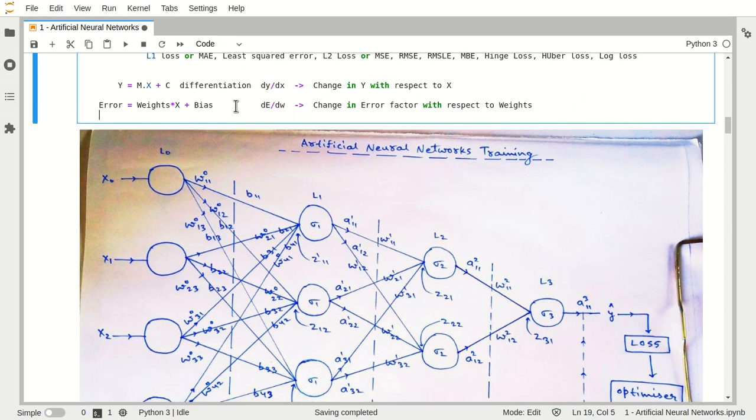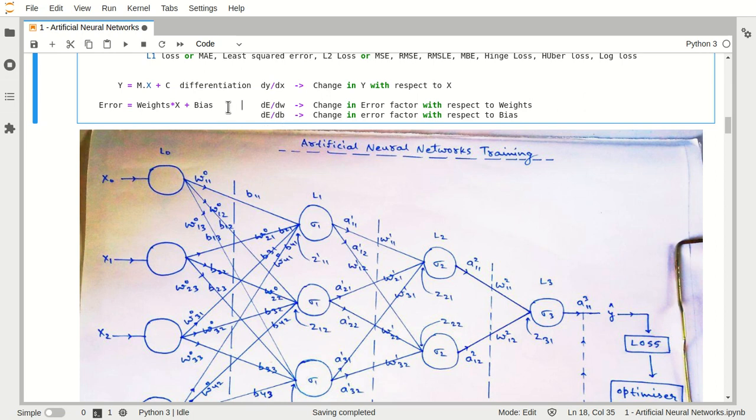And the same thing we will perform for bias: dE upon dB, the change in error factor with respect to bias. So these are the two different differential equations that we are going to use here. One is dE upon dW and the second is dE upon dB.